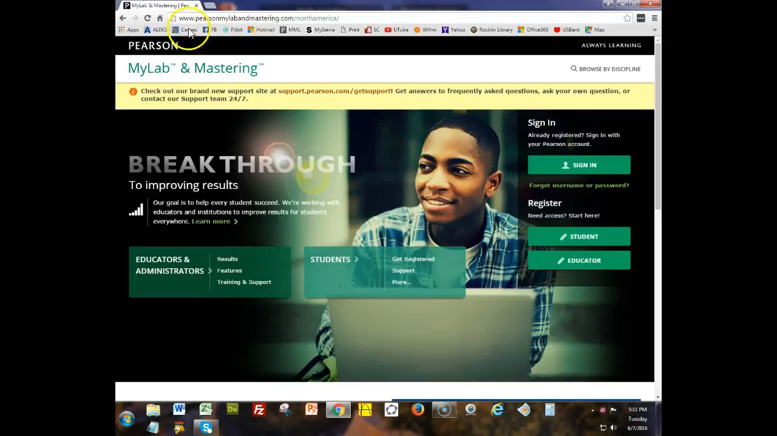So I first want you to look at the address that I have in the address bar of my web browser. You can use any browser you like. I find that MyMathLab seems to work the best in Firefox or Chrome, but it will work in any browser. So this address here is